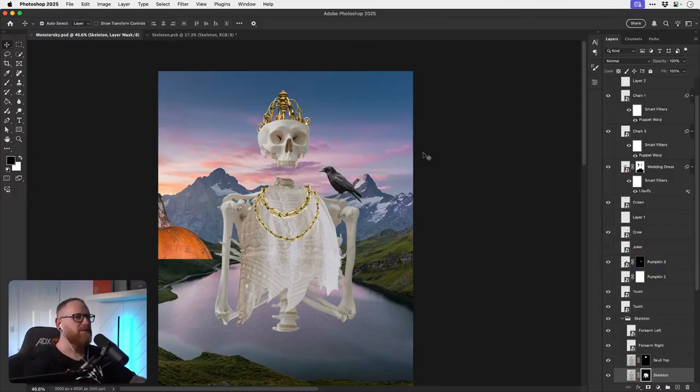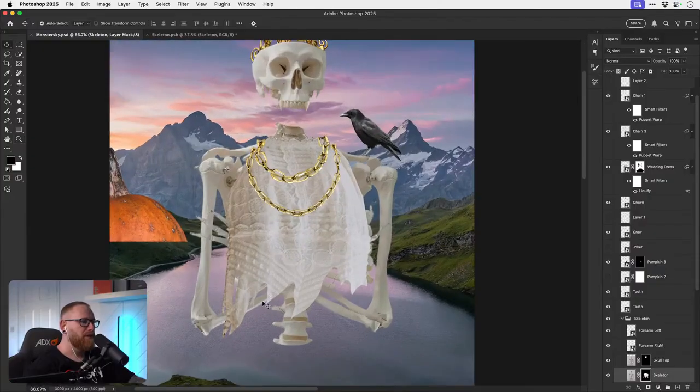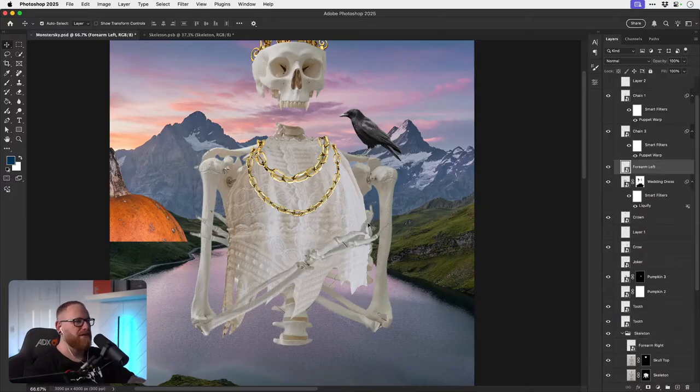This is going to be so flipping hard, but really cool. I like this hand more. So we're going to bring this hand out of the dress, because then I could have it holding something. And some of the ribs are poking out here as well. So let's get rid of them, so it kind of looks like it's all contained under the dress.